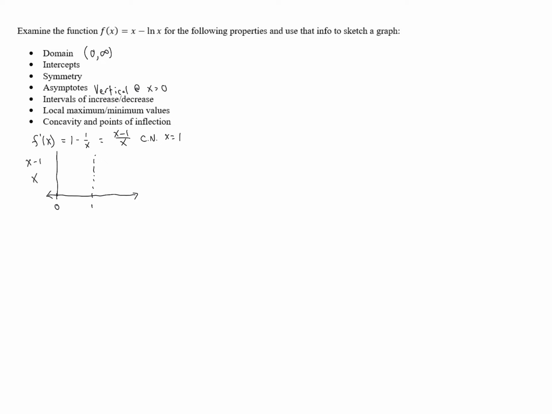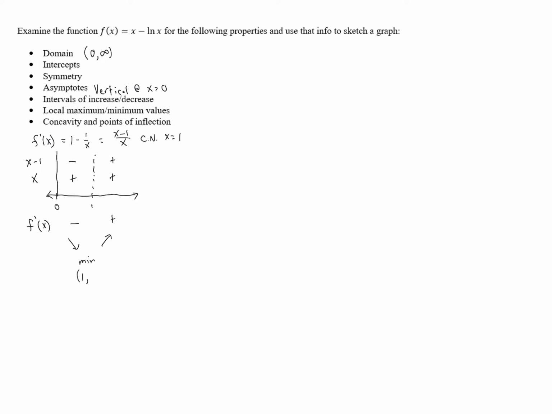X minus 1 is going to be 0 at 1, and then above that it'll be positive, below that it's negative. X is always positive on these intervals, so our derivative is going to end up being negative and then positive, so we'll be decreasing and then increasing, and so we will have a local minimum at x equals 1,